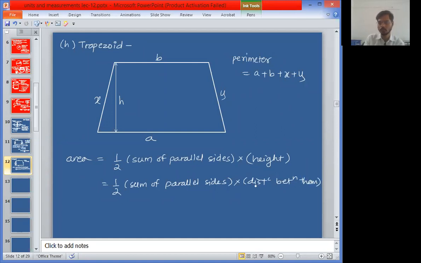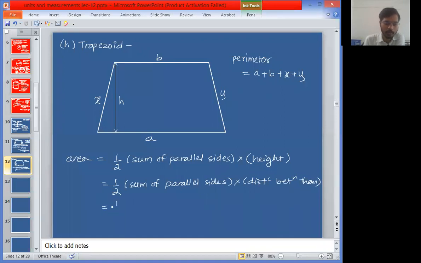Now learn to use these short forms. Distance, see how it is written. Between, see how it is written. Slowly get familiar with these shortcuts also, because you need to write fast, and while writing fast you should be familiar with the shortcuts.